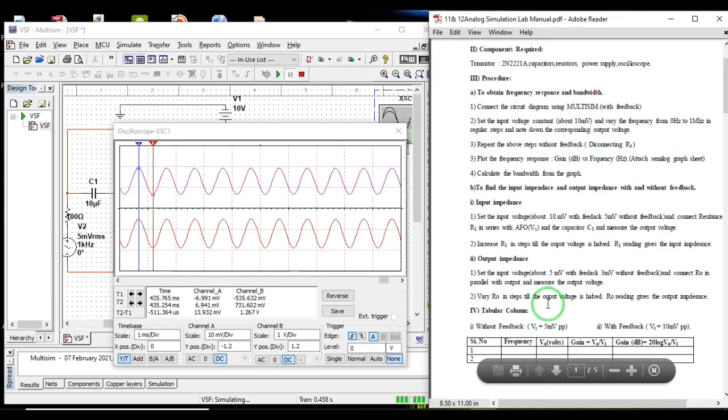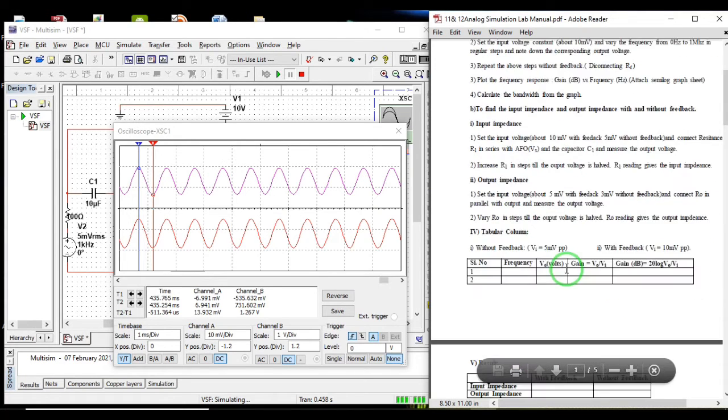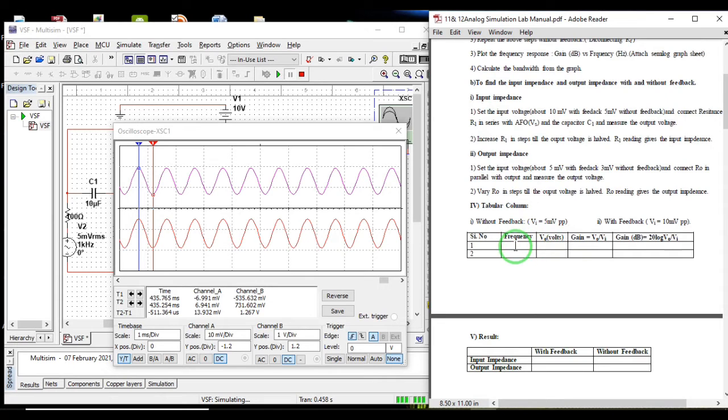So here in this table, you go from 50 hertz, like 100, 200, 500, 1k, 1.5k, that is 2k. So in many different steps, you can go up to 1 mega. So that you have to do.